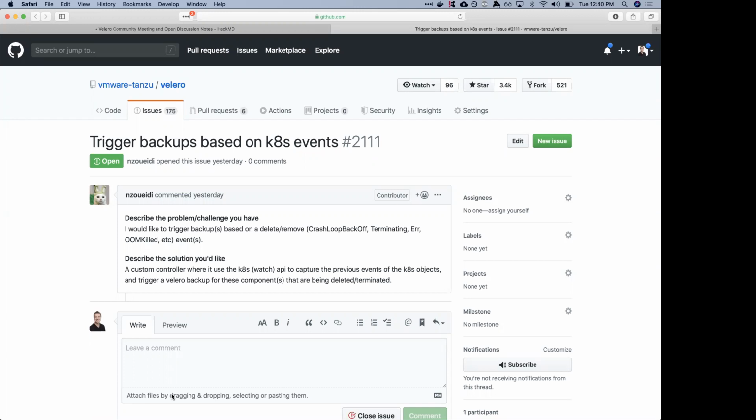But I would like to have it from a cluster point of view: any object I have, based on its state, I can trigger a Velero backup. I don't know if you got my idea or not.